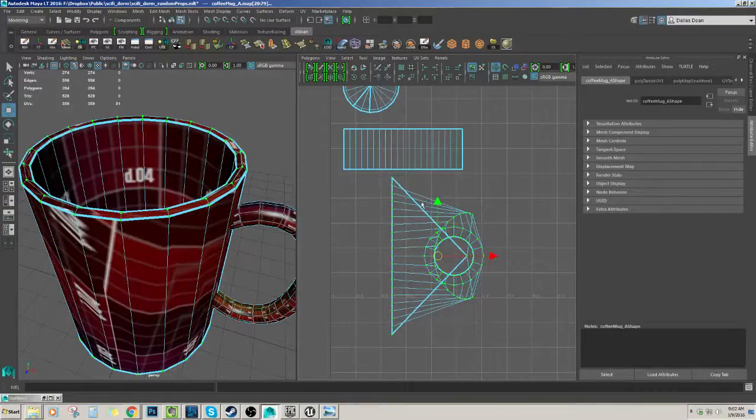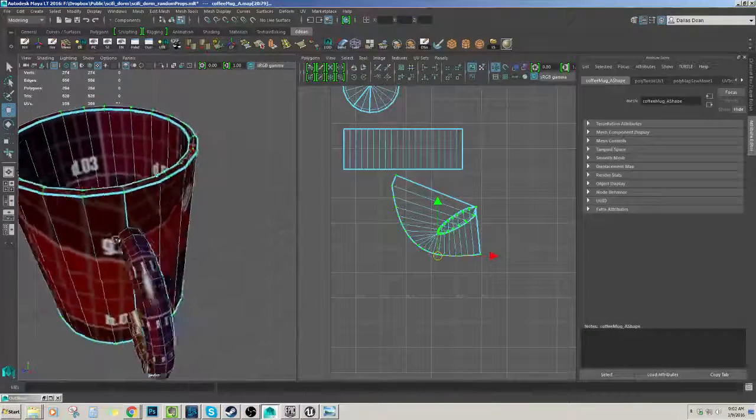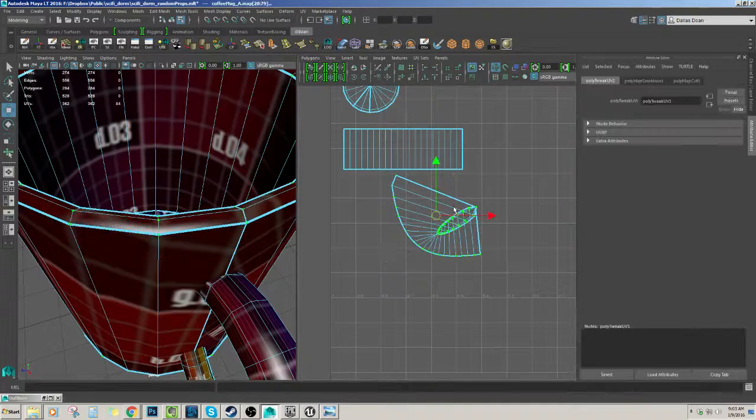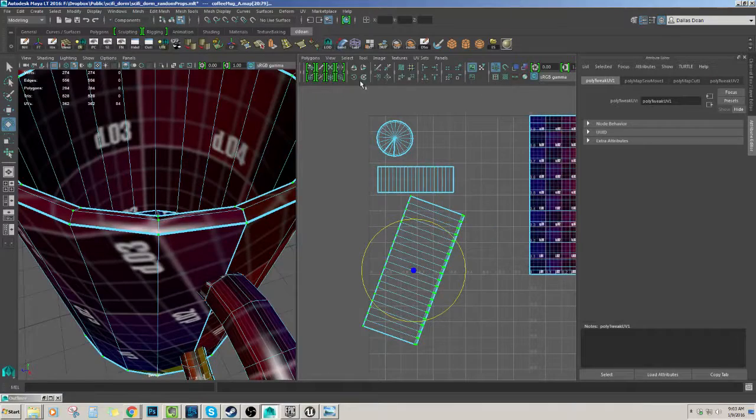I'm just going to go like that, unfold it. Eek. Oh, it's probably because of this part here. So I'm just going to cut that. Now this should be a lot cleaner. There we go. Just gonna rotate,